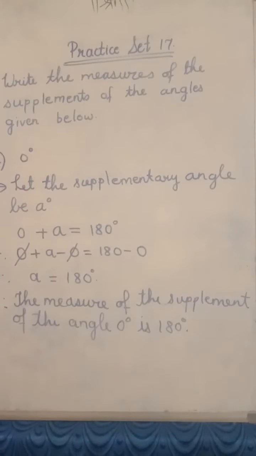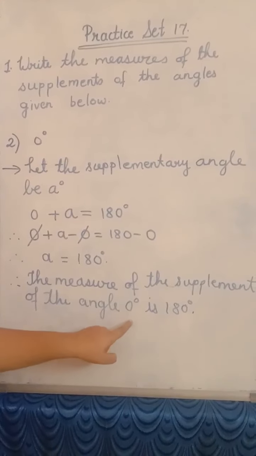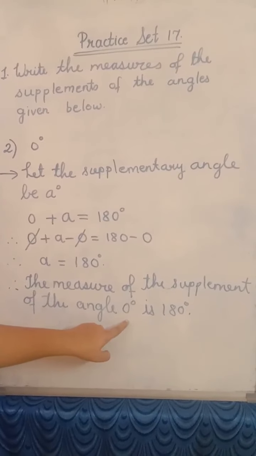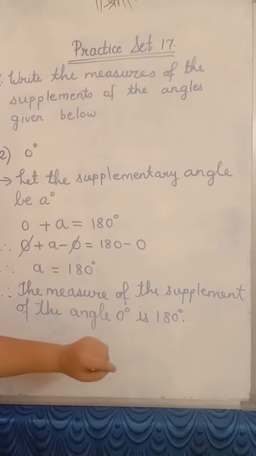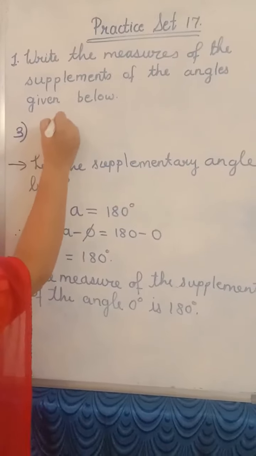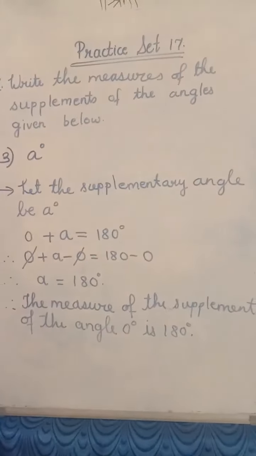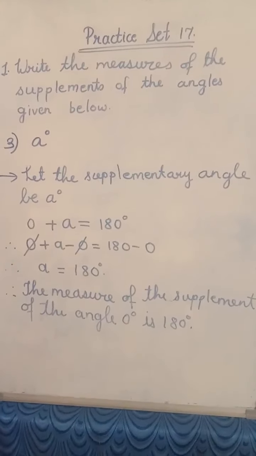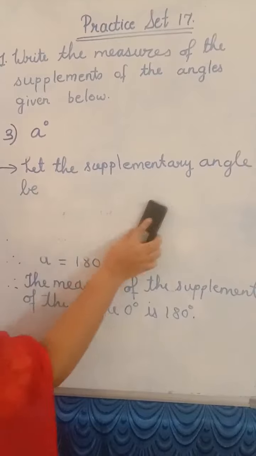In the previous sum also, in the last statement we have given, children, after angle you can write what the angle was: 15 degrees. So after angle you can write 15 degrees, make that change. We will solve the third sum, that is A degrees. Now A degrees is the 7th sum in your textbook, but I have taken it as the third sum. In the same way we have to solve.